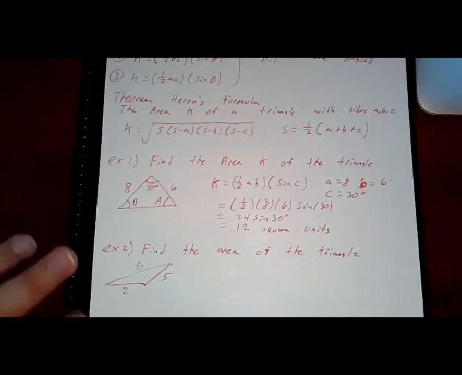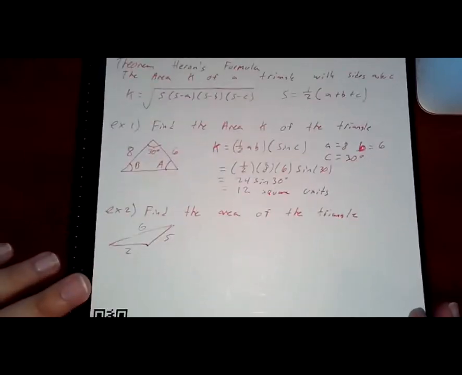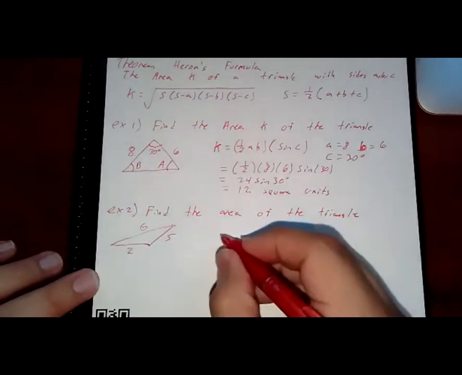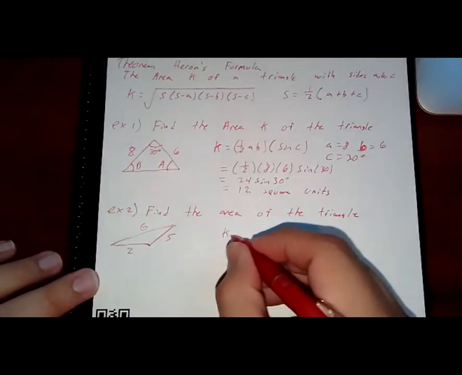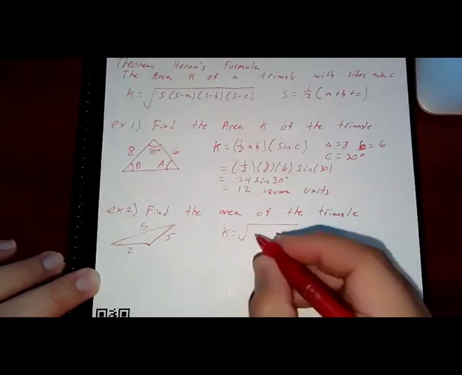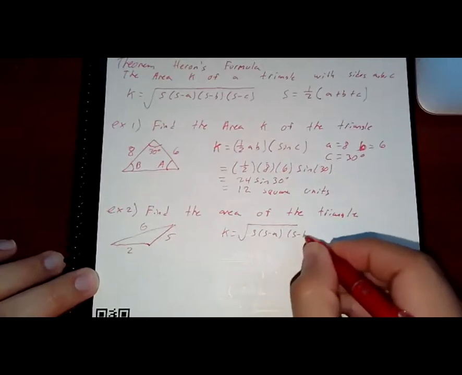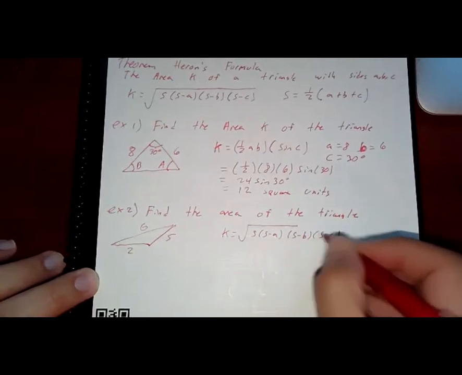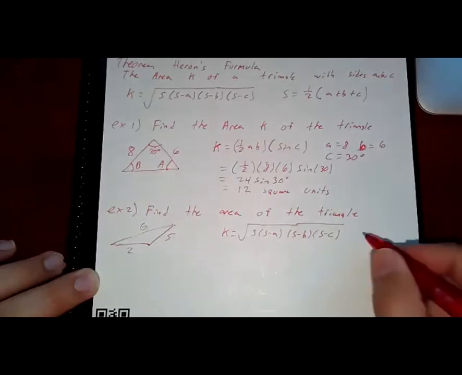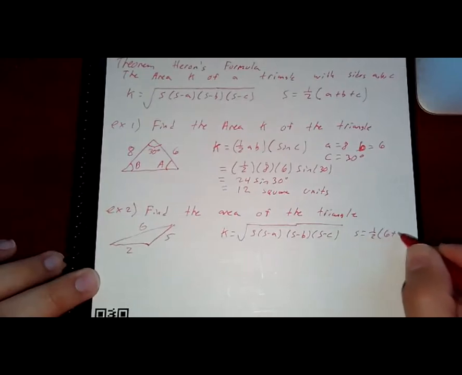I don't really care what the angles are because we can use Hero's formula, right? Since I have all 3 sides, K is equal to the square root of S times S minus A times S minus B times S minus C,